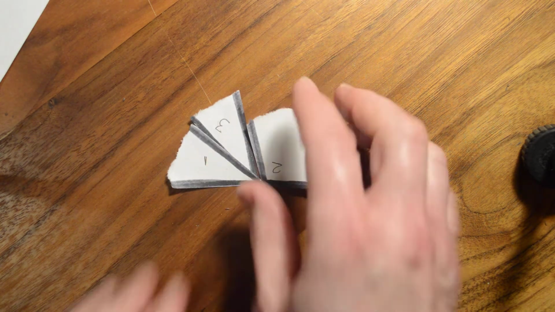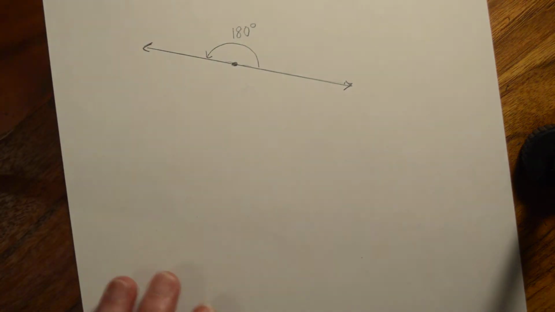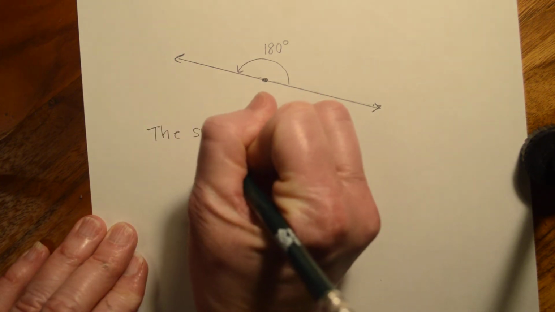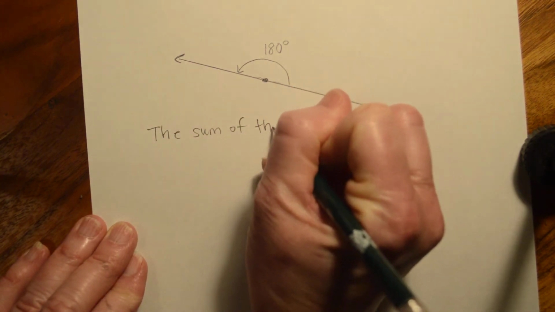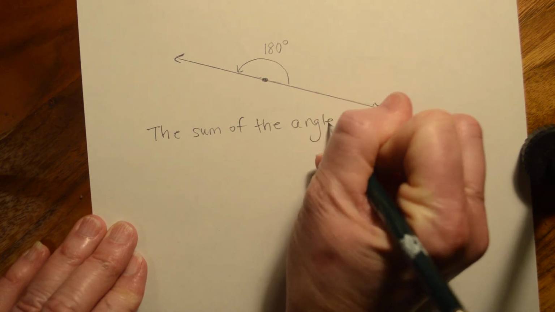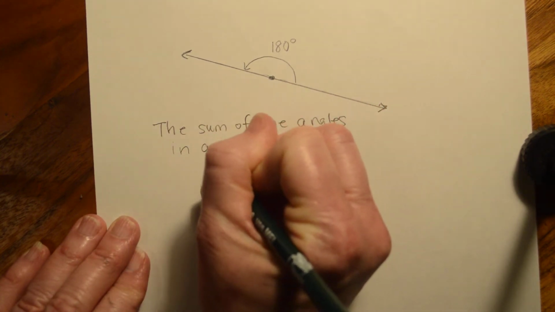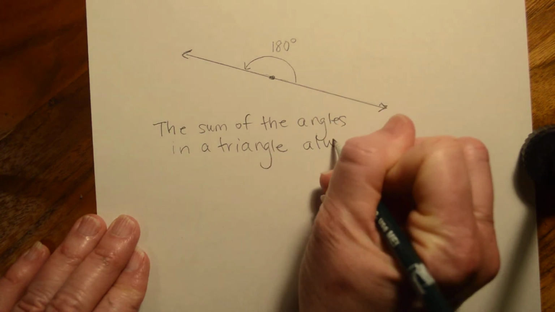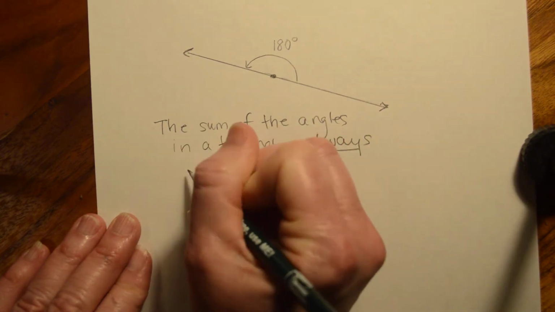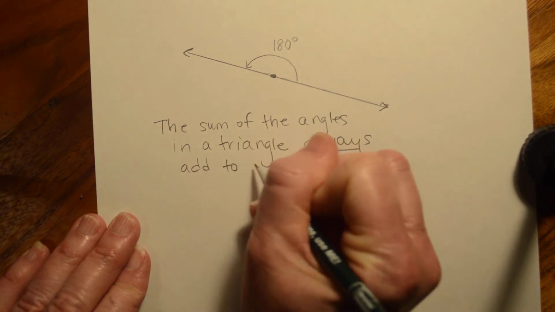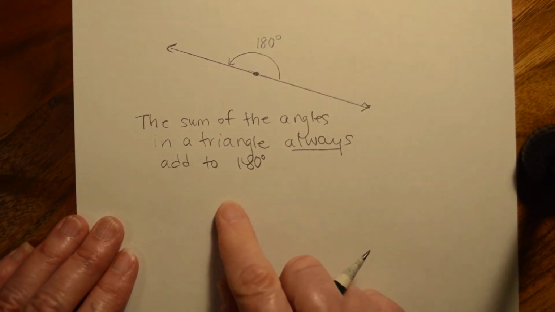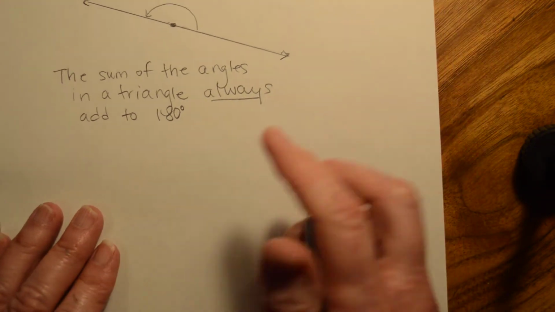All right, so let me write that down as being very important. The sum of the angles in a triangle always add to 180 degrees. Now that's important because they're going to ask you some problems where they'll say,